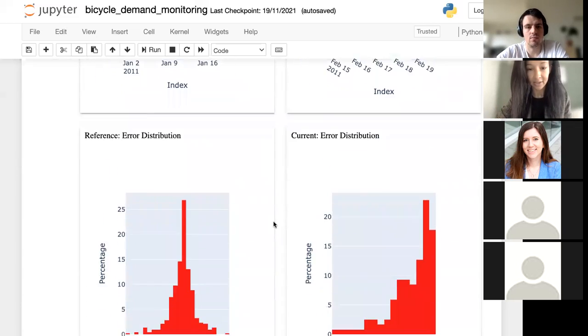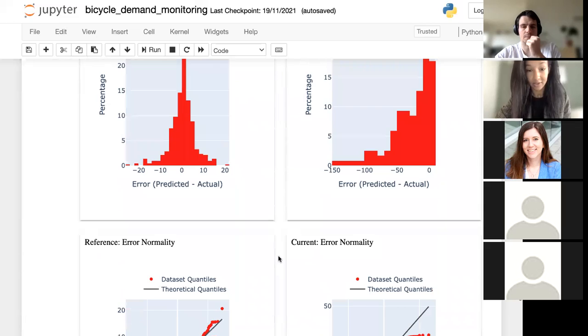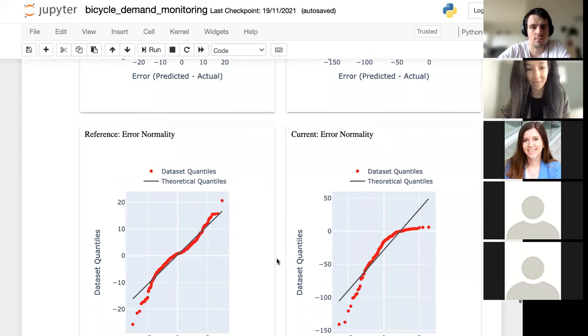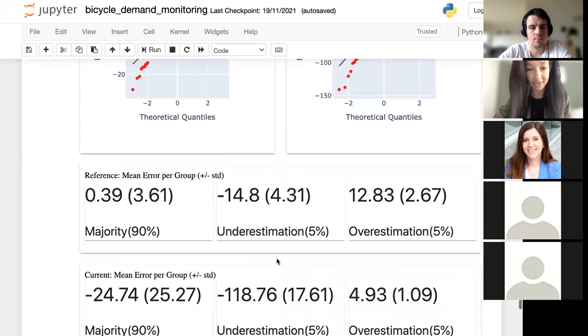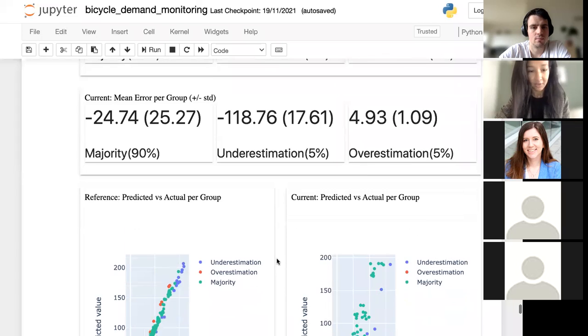And let's see the distribution. The distribution now doesn't even look like normal, because it's really shifted to the negative part. So we underestimate the demand a lot. So now we understand what is happening, and we need to get some hypothesis on why it actually happens, right? So what has happened with the world, or maybe our model, or what? So let's see the rest of our report, which is called